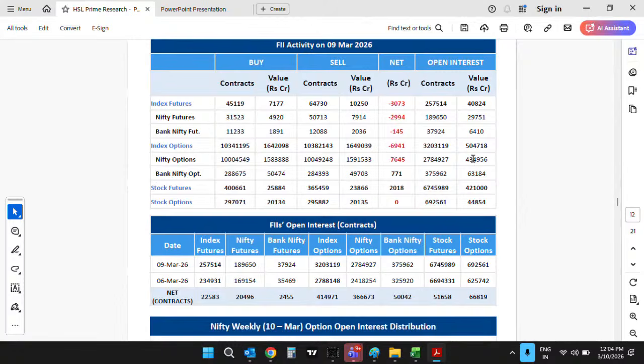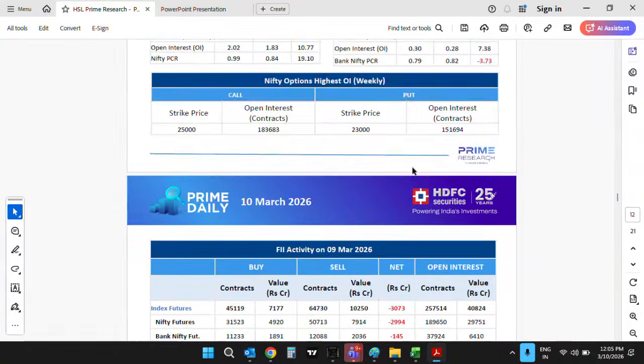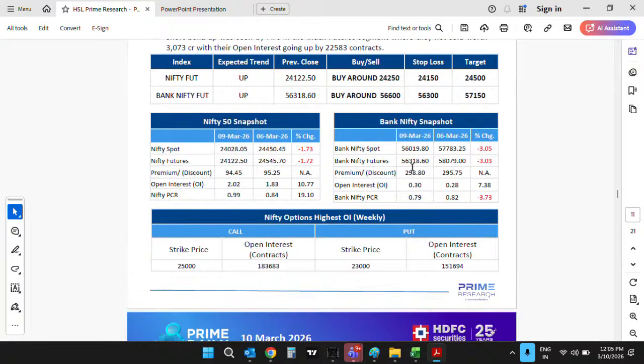Their long to short ratio in index futures fell to 0.14. This is the lowest in the series. We began the series at 0.27. Now it has come down to 0.14. So FIIs remained aggressive sellers in the index future. They might be hedging their aggressive cash positions which they are holding as a portfolio. They must be hedging their position through index futures, but yes, they remain net sellers in the index future.